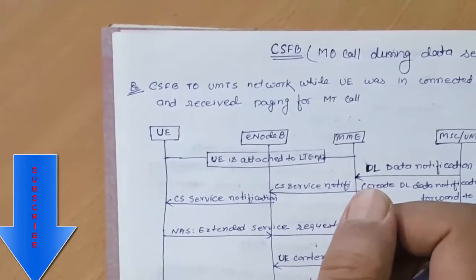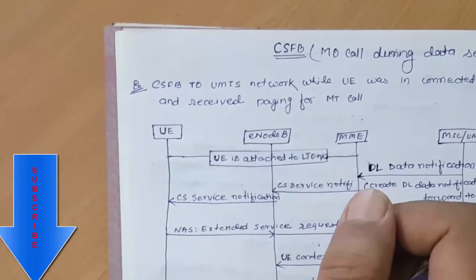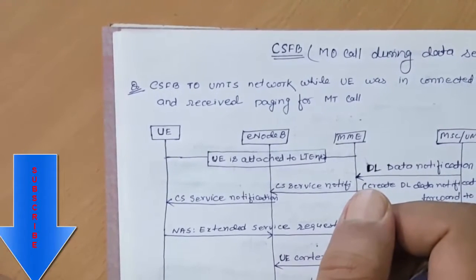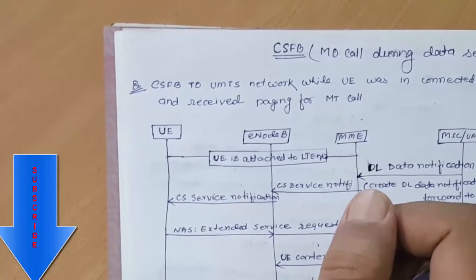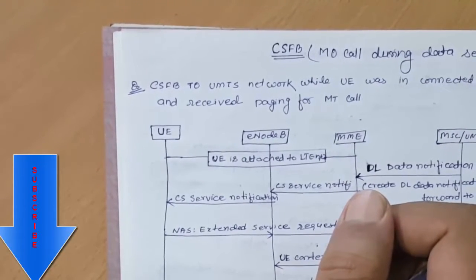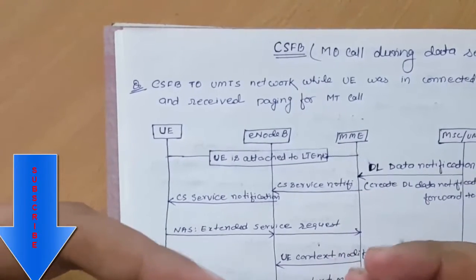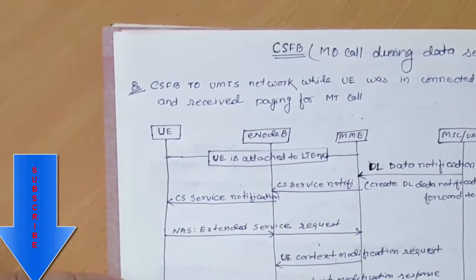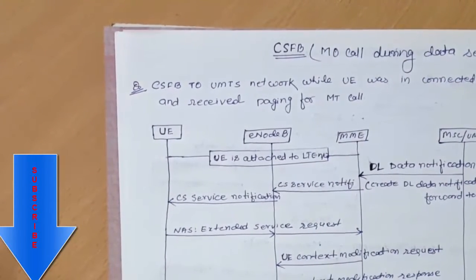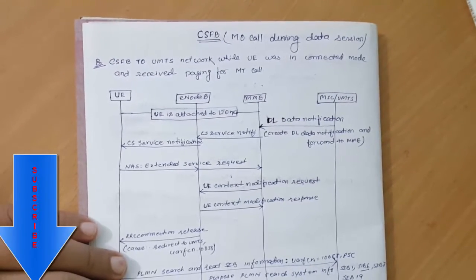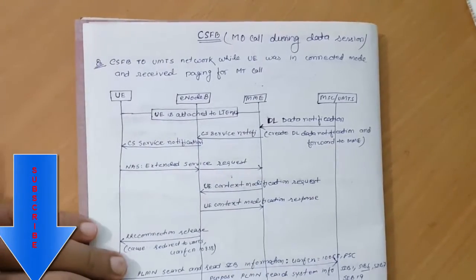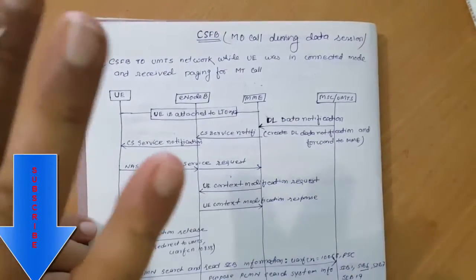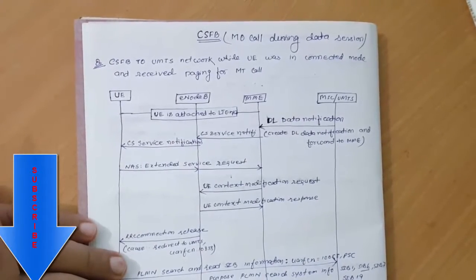First, we have already discussed the CS fallback overview. CS fallback means when the UE needs to make or receive a call, it is moved to an older 3GPP technology, 2G or 3G. This mechanism is used if the IMS network is not available. If the UE is not able to do VoLTE for some reason, like IMS registration failure, then it falls back to the legacy network. This is the basic understanding of CS fallback.